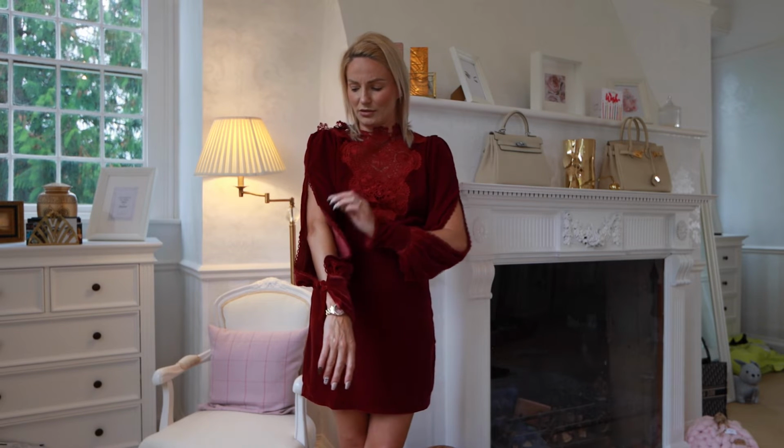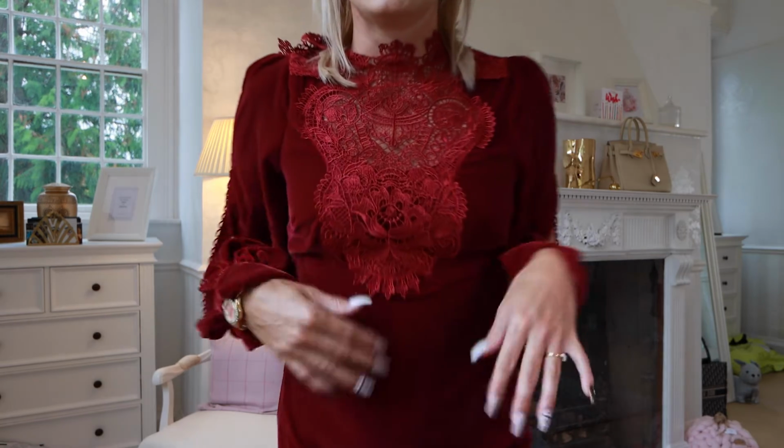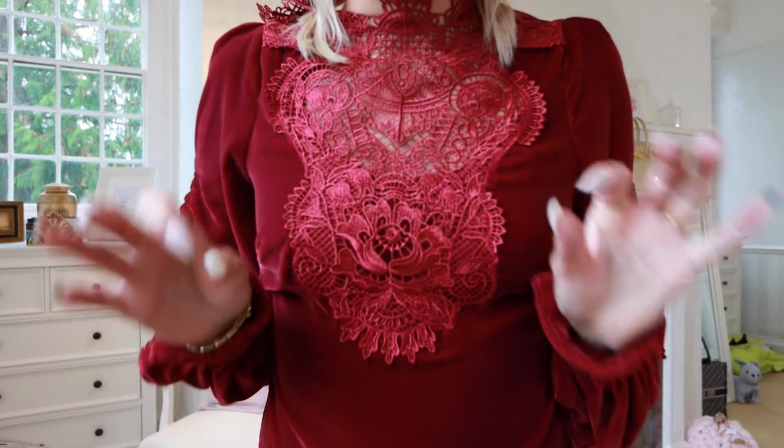So this has got open sleeves with really nice trimming on the edge. These little cuffs are double with the trimming on the end as well. So that just looks really nice with the little velvet covered buttons. The front is lovely. It's got this crochet lace on the front, and then the back,